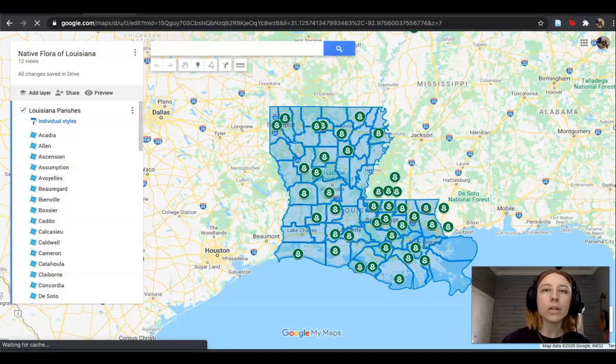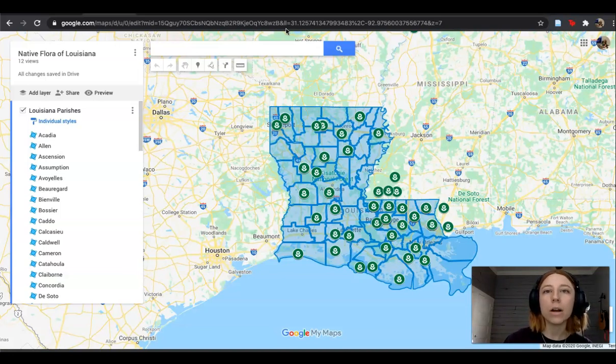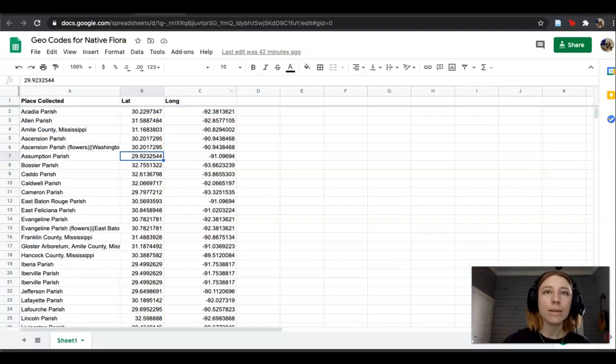In these tutorials, I'll show you how to create a simple map using data from the Native Flora of Louisiana watercolor drawings collection. This is a collection of 235 watercolors painted by botanical artist Margaret Stones throughout the 1970s and 1980s. Mapping the plants illustrated in this collection is a way to learn or teach simple digital mapping skills using geographic data. In this video, I'll show you how to gather the necessary geographic data and talk a little bit about